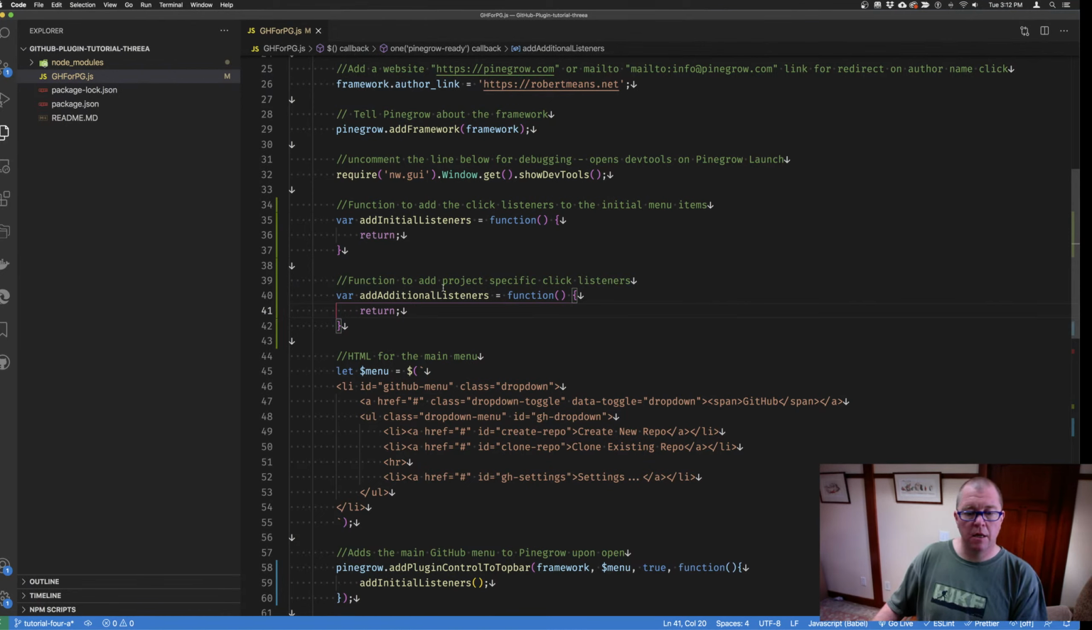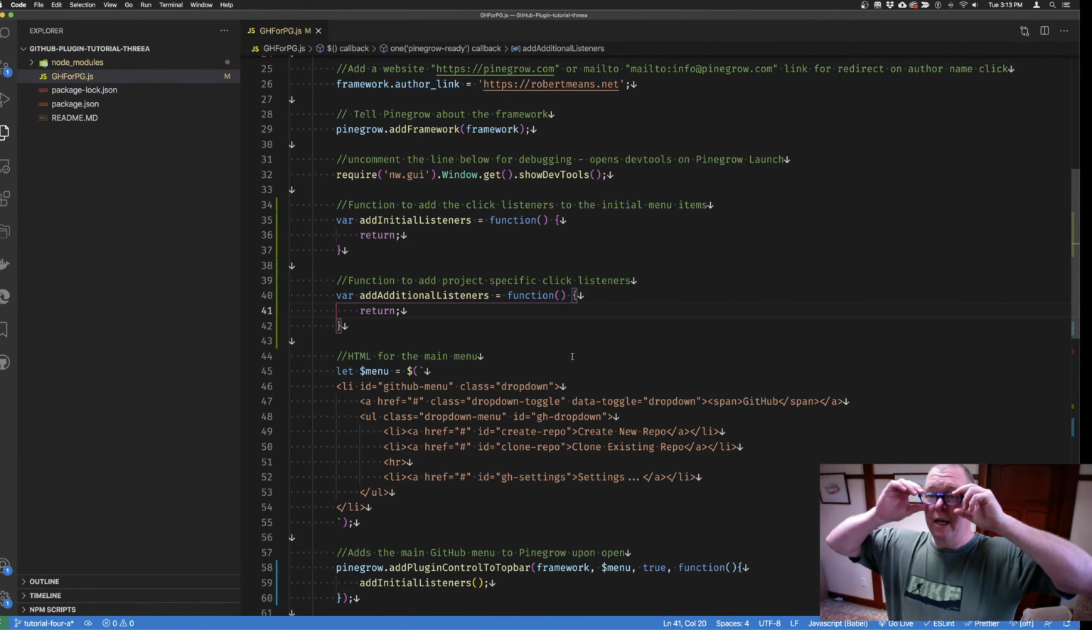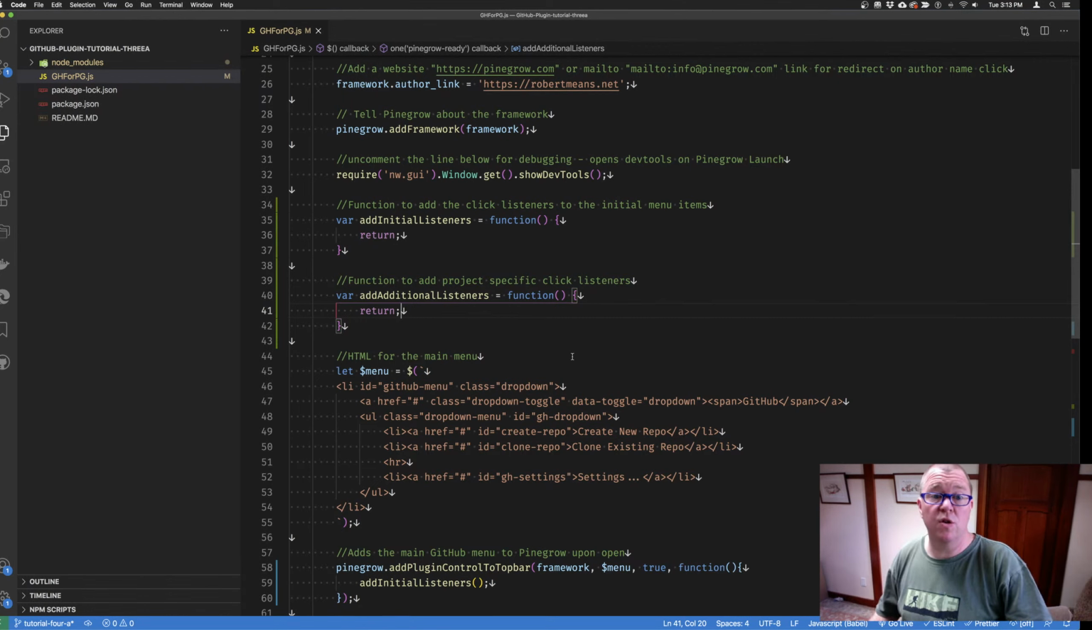And then I guess the other thing that we'll do is maybe jump over into Pinegrow itself and design our settings modal, and then we will bring in the code once we set up the click listener for this GH settings menu item to bring that modal up. And probably we'll also talk about saving the variable, and looking again at how Pinegrow sort of handles things,